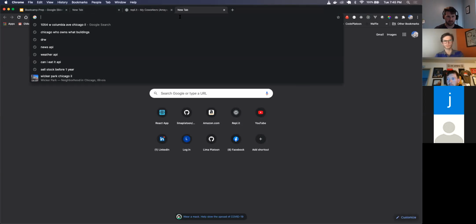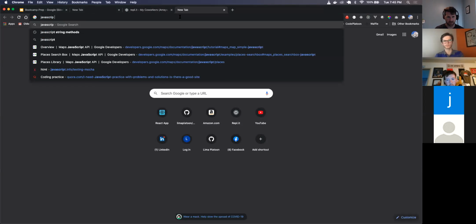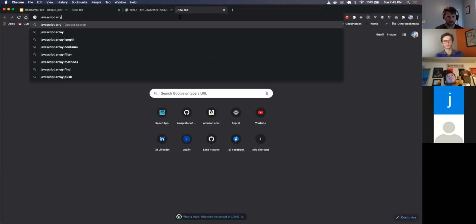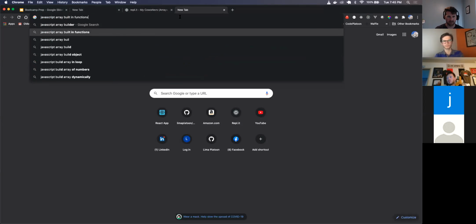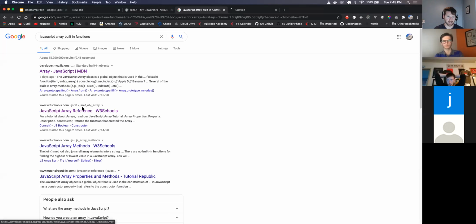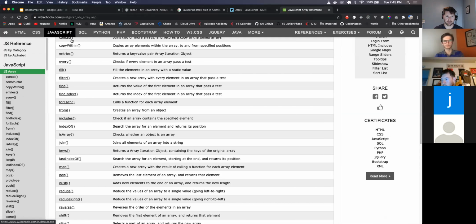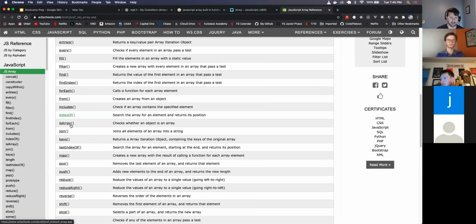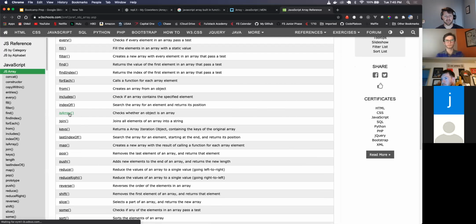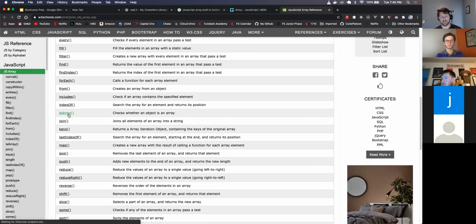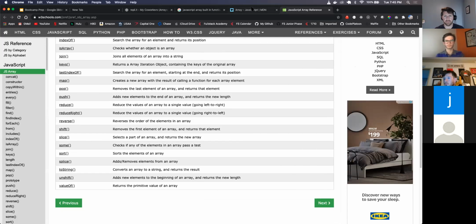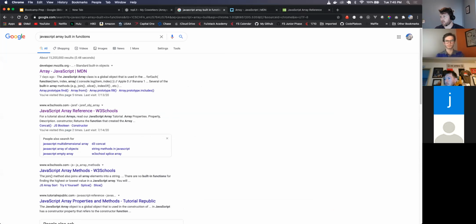You can just search for JavaScript array built-in functions, and you'll get a list of them right here. Find index, for each, from, includes is a good one. Is array returns a Boolean value of whether something is an array or not. So with that,